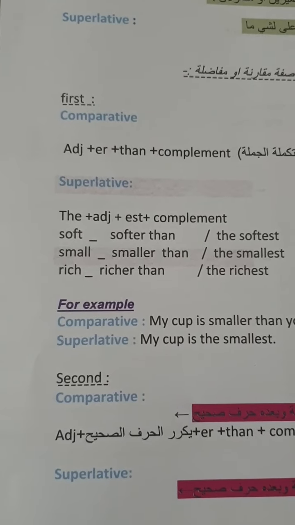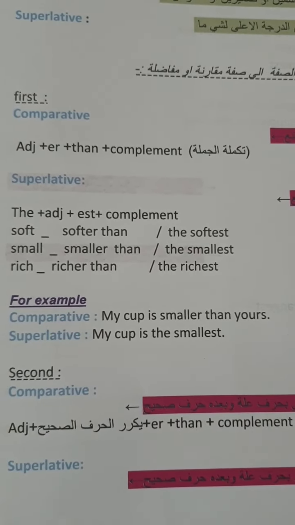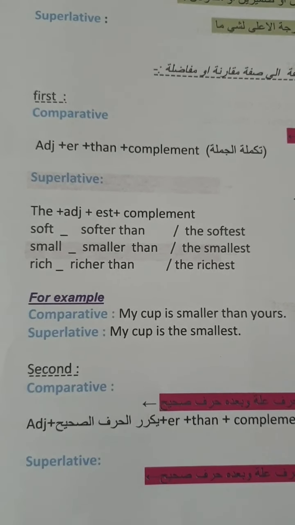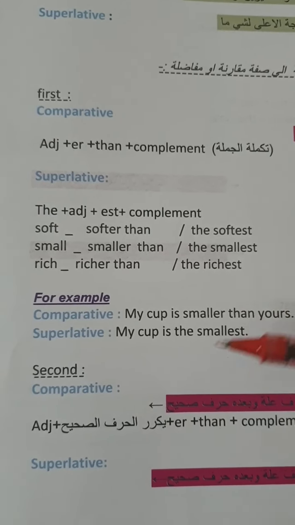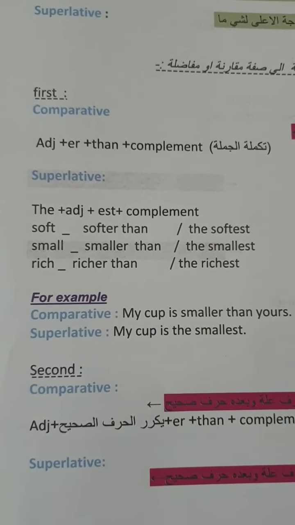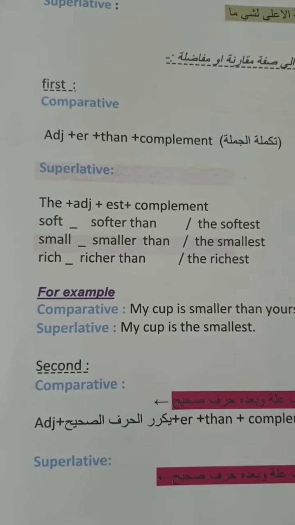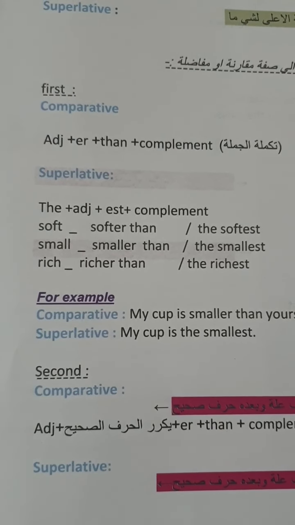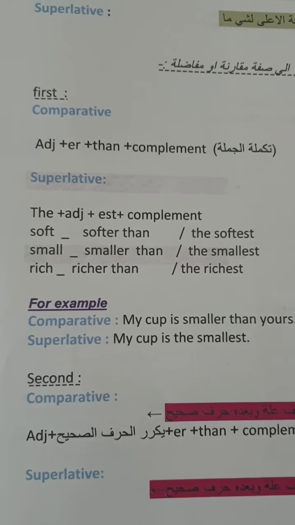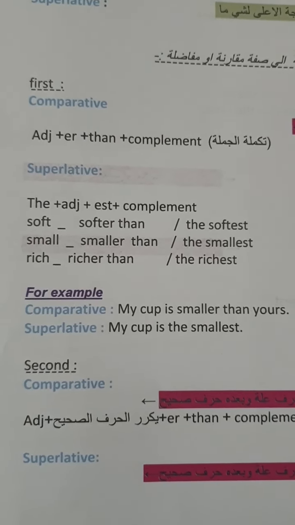For example, my cup is smaller than yours. هذه الجملة هي comparative، يعني الكوب مالتي أصغر من كوبك. My cup is the smallest. أما الثانية اللي هي المفاضلة حتكون كوبي هو الأصغر، يعني كوبي قارنته ويا جميع